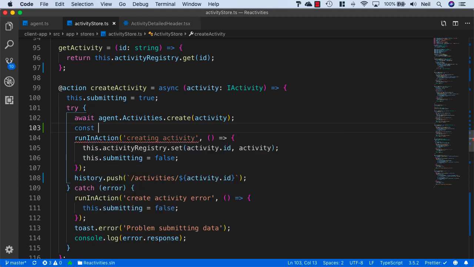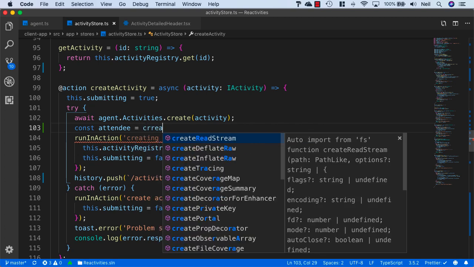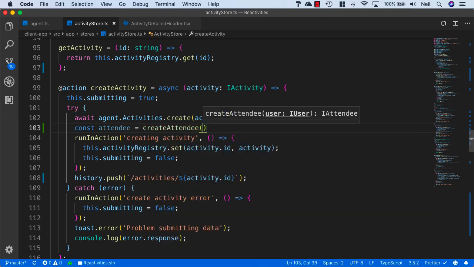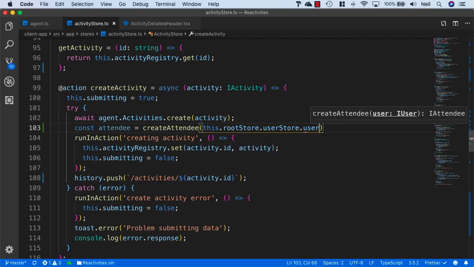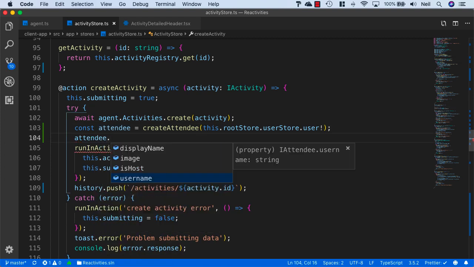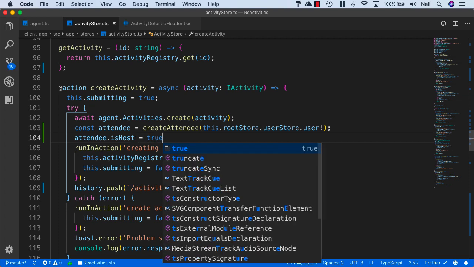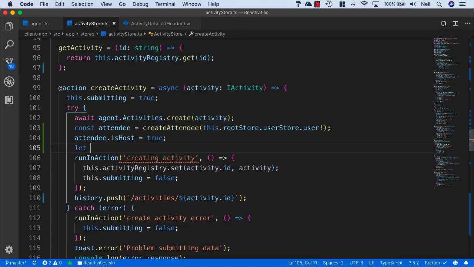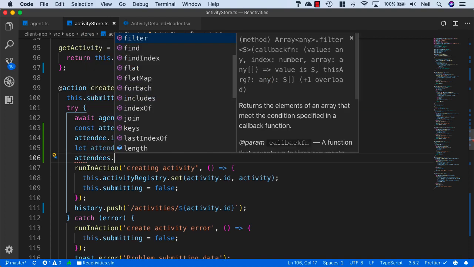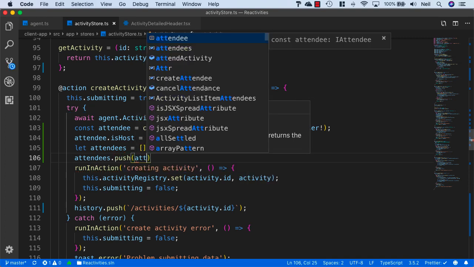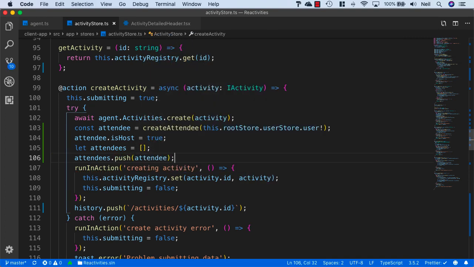So I'm just going to say const attendee equals createAttendee, and then just pass in list.rootStore.userStore.user and add the exclamation mark, and then I'll say attendee.isHost equals true, and then I'll just create an array and just call it let attendees equals just an empty array, and then I'll say attendees.push and push our new attendee in there,